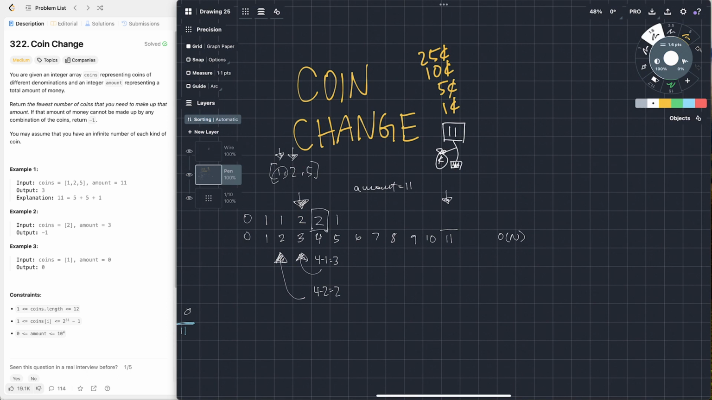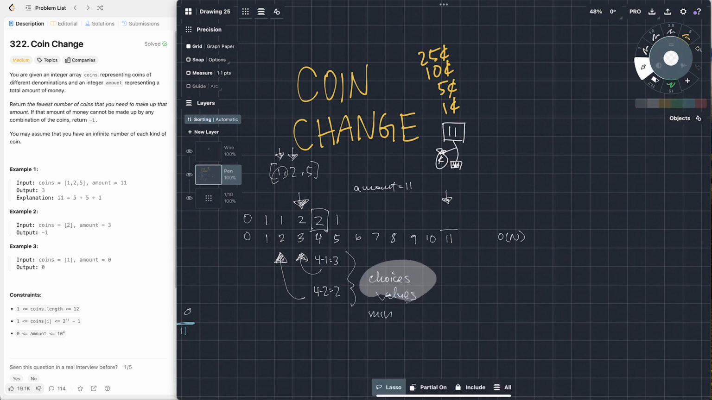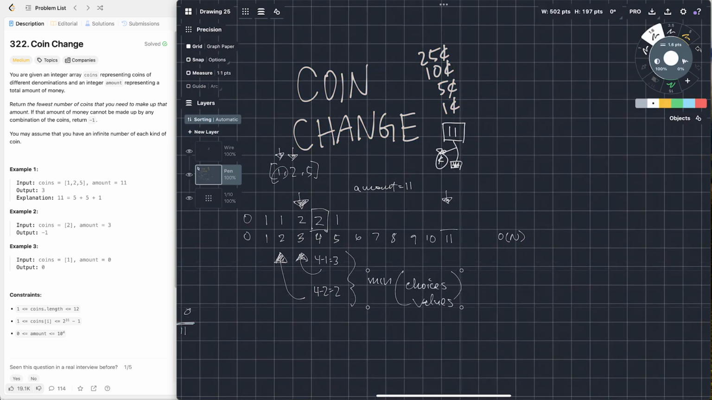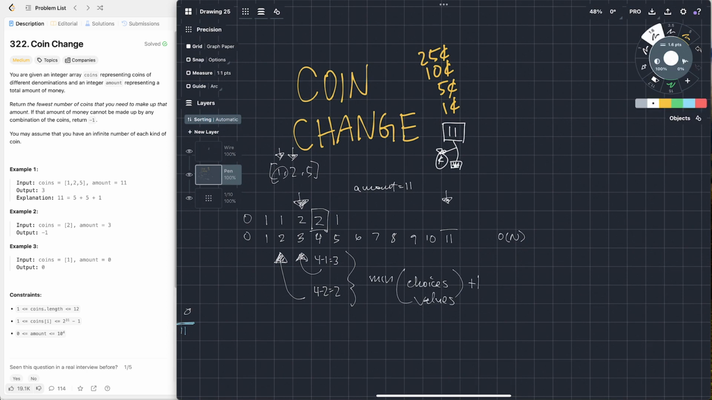Now, what does that mean for us? That means up here, we have some choices, and we have the values of those choices, and then we take a min of those choices and those values, and then we do a min plus 1, and that is the value of the new position. So if we had options, option 1 would be the same value, coin and target. So then we set that to 1. Number 2 is of the smaller coins,